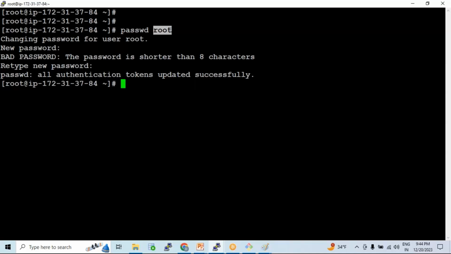Why? If you enable login to root directly, what is the case if your password gets compromised? In the sense, somehow I know your password. What do I do? I will log in as root and I'll do something. So it's not advisable to enable root logins directly, but the question is, can it be done? Yes, it can. Hence the reason, if you look into the etc ssh sshd_config file,